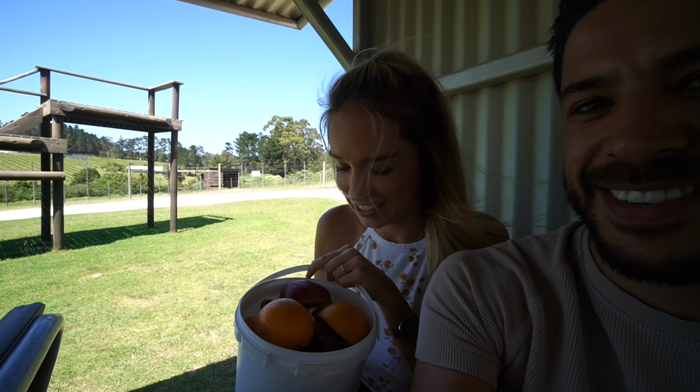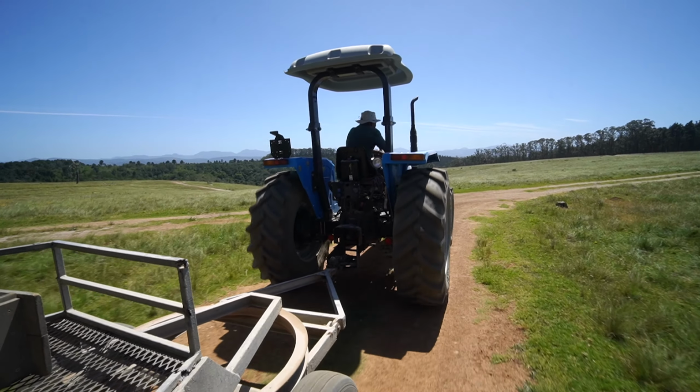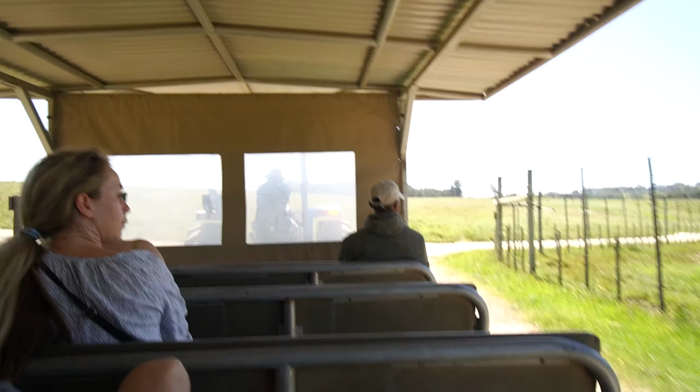The wind is slightly rough today. Just a little bit. But we've been given a bucket of food, and no, this isn't my breakfast. This is going to be for the elephants. This is really bumpy. There's a tractor pulling us at the moment. We're almost like in a trailer. This is not how a normal game drive is, but because we're on the farm,